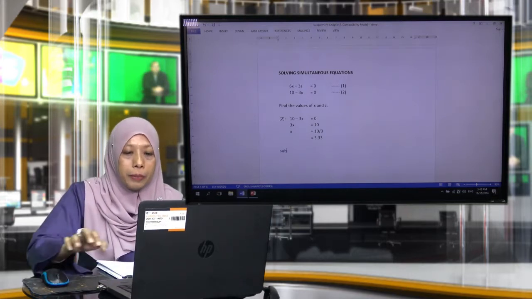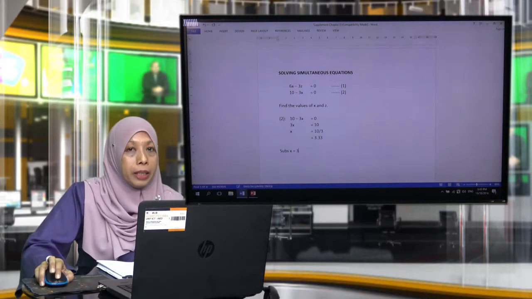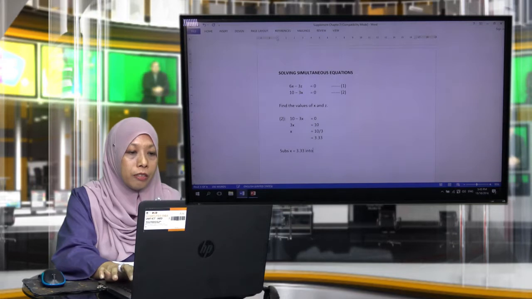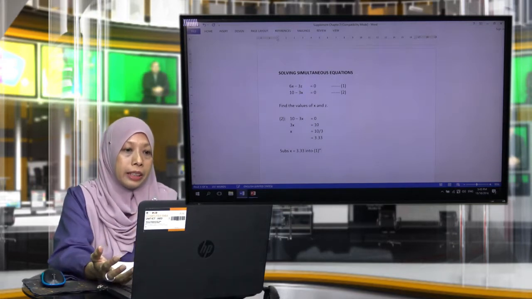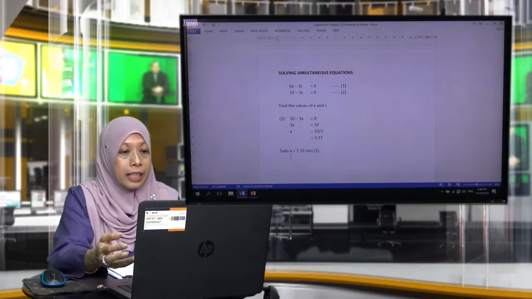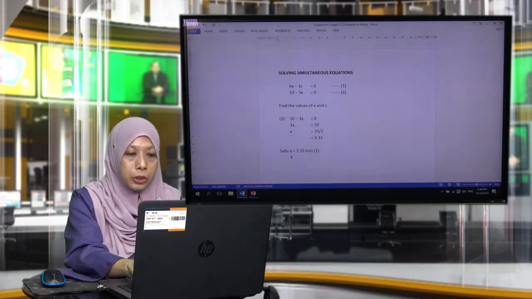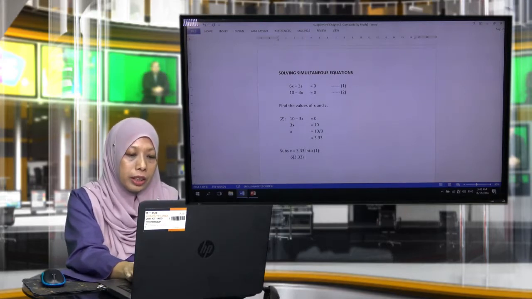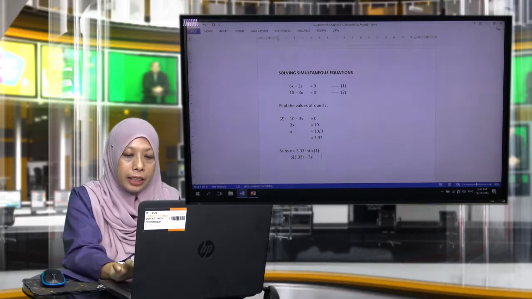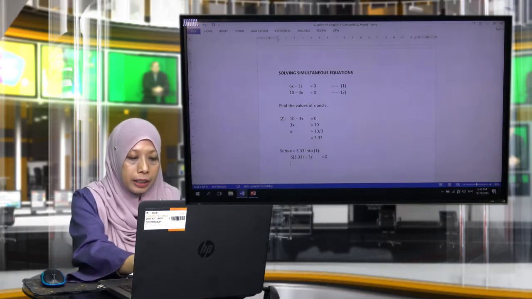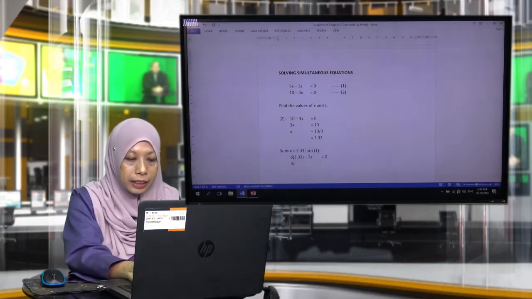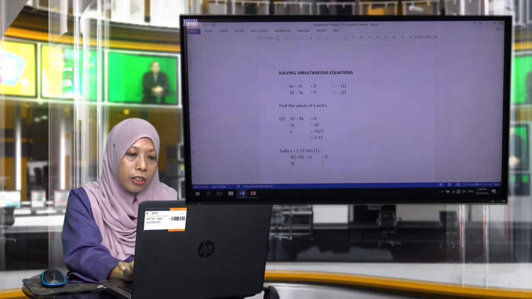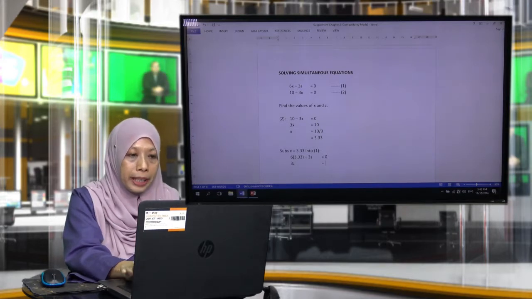Okay, so now because you are able to solve for one independent variable, definitely you can solve for the other one, in this case z. So what you need to do is simply substitute your x, 3.33, into your equation 1, and you're going to end up getting 6x, x you have found to be 3.33, minus 3z equals 0. So you're going to have 3z